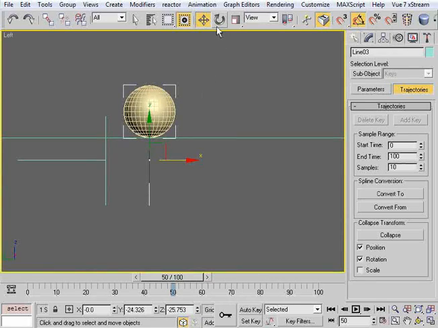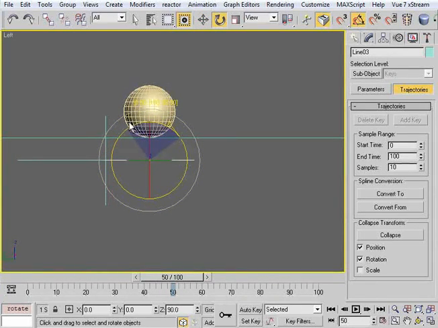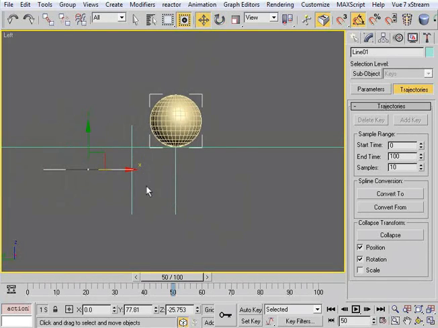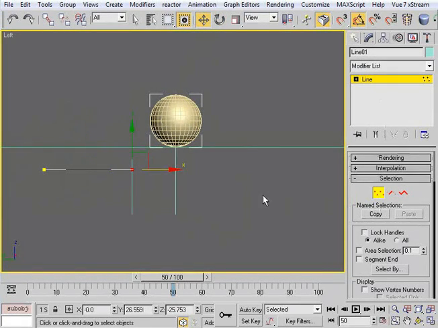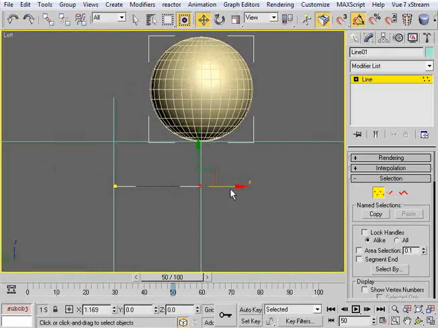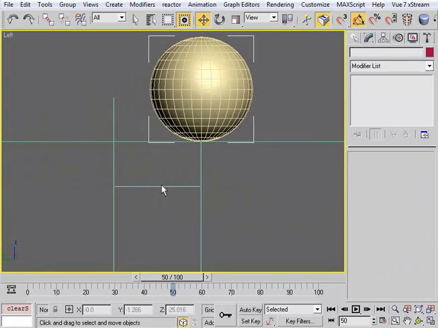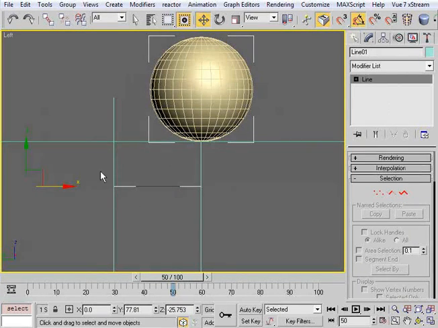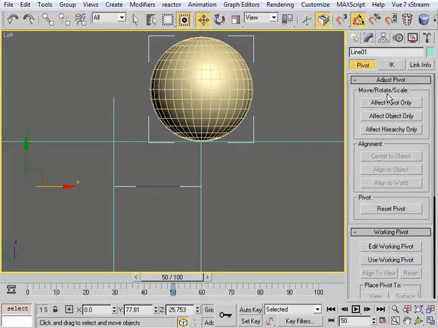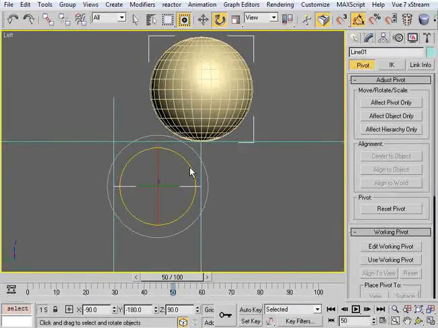if I rotate this guy down flat, or we could actually leave it like that and use this one, come back in here and move this guy. So this now is the measurement between the last bounce. So again, we will go to Effect Pivot Only, center the pivot to the object. So now we can do our rotate, hold shift,